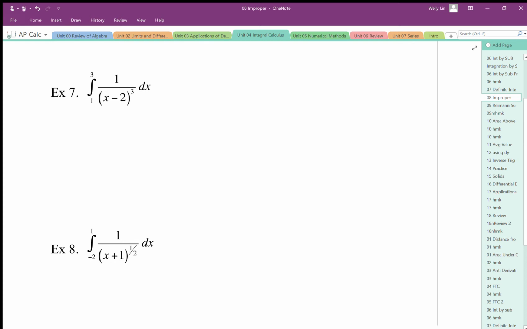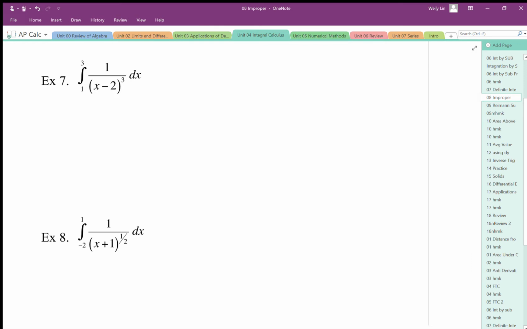Okay, so example 7 here, we're integrating across the asymptote. The asymptote we're going to see is at x equals 2, and notice that we're integrating across that asymptote. Well, that's a problem. We can't integrate across asymptotes. So what we're going to have to do is split this up into two separate